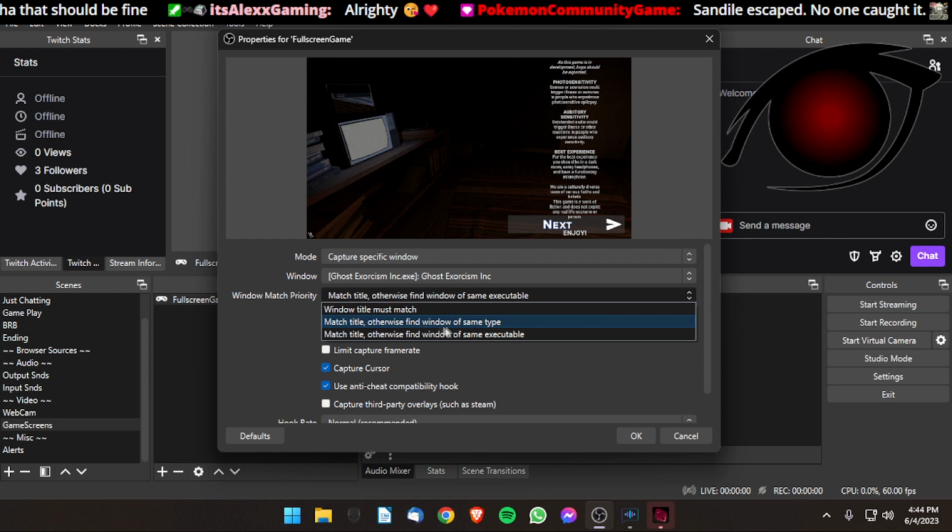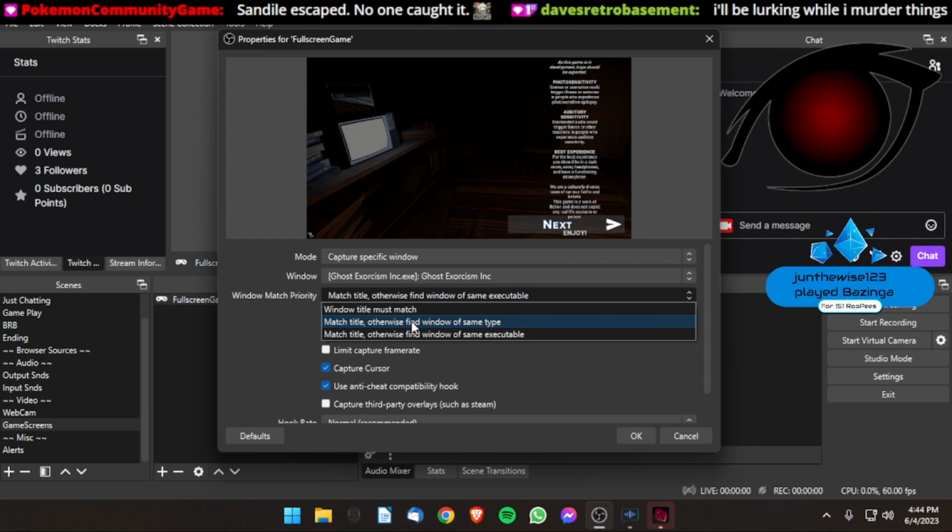Match title, otherwise find window of same type. Okay, that means right now, Ghost Exorcism is an exe file. So if something were to happen and Ghost Exorcism were to crash or hang or freeze or cause OBS some kind of confusion, OBS then would look for any other exe that is currently running and display that in its place. And as you can imagine, if you have Discord open or Pornhub open,